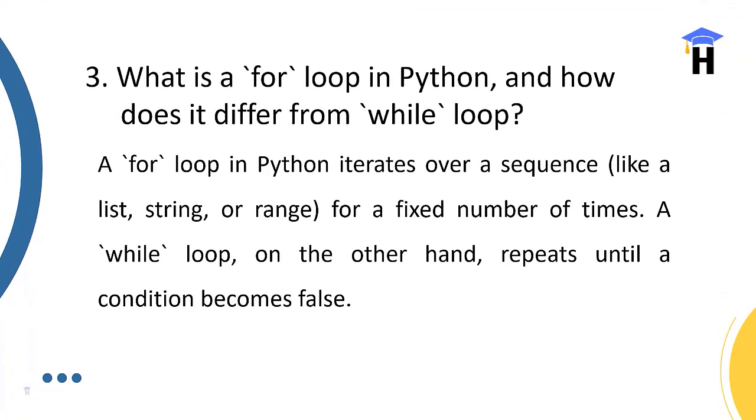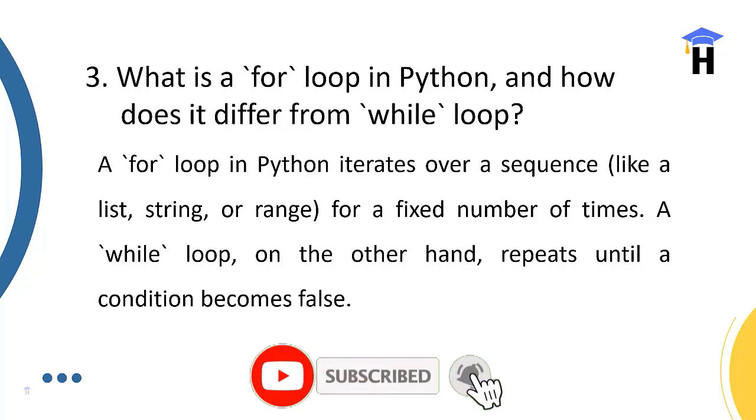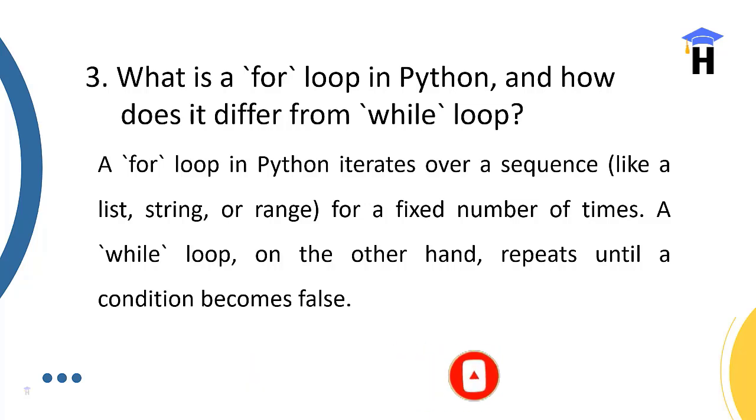What is a for loop in Python and how does it differ from a while loop? Both the for loop and while loop are very similar to use for iteration over a sequence. For a group of text, a group of rows or records, or a particular string character-wise if you want to read, we use for loop statements. For a list, string, or range, a fixed number of times we need to iterate.